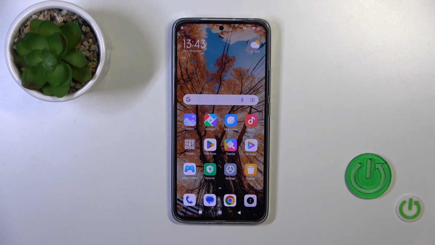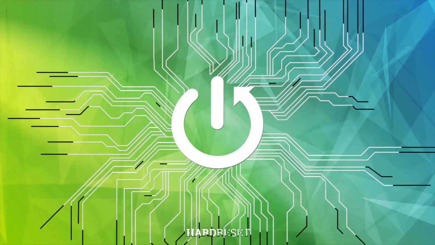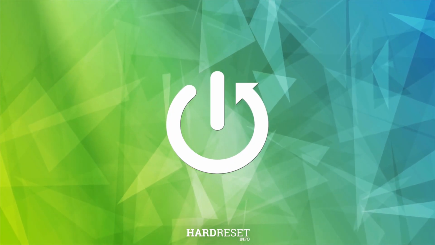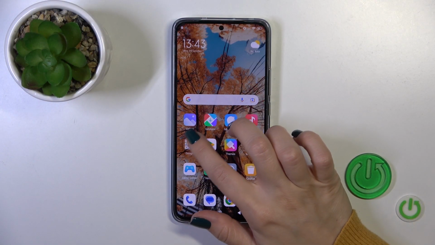Hi, this is the Xiaomi 13T and I'll show you how to log out from the Gmail account on this device. So first open the